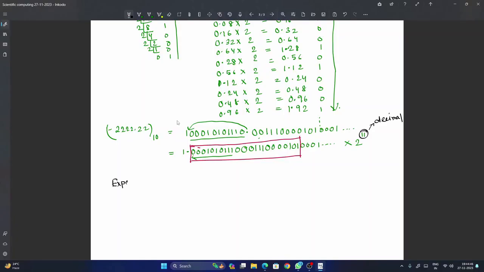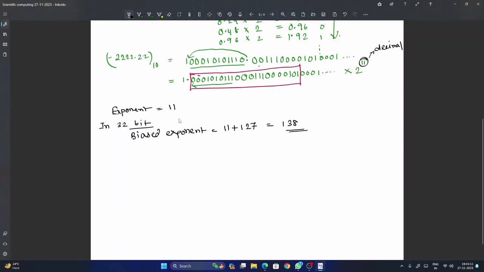So here the exponent is equal to 11, but in 32-bit system this biased exponent is equal to 11 plus 127, that means 138. That is the biased exponent. Now make it binary. Now 138 divided by 2,